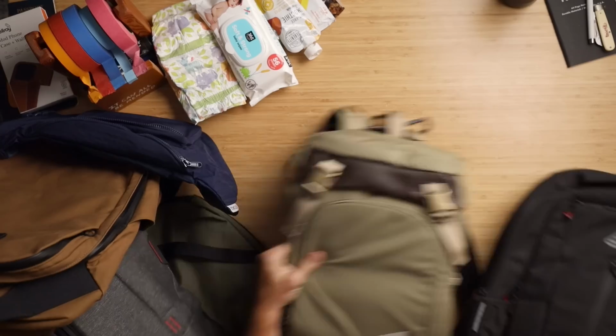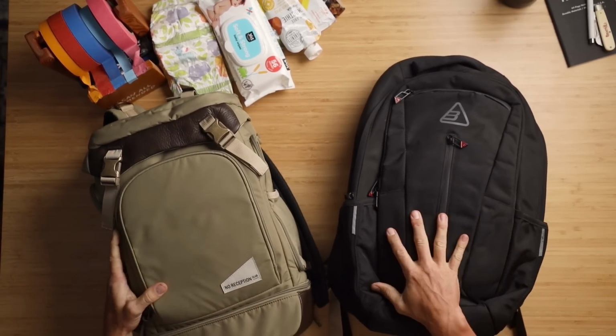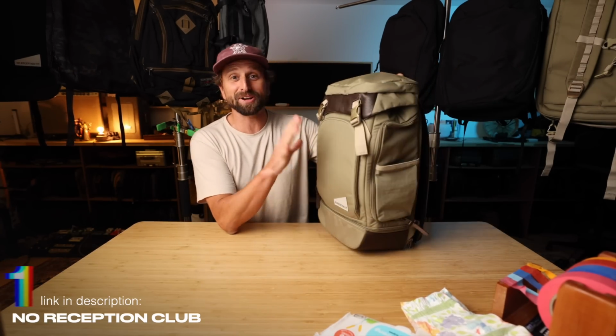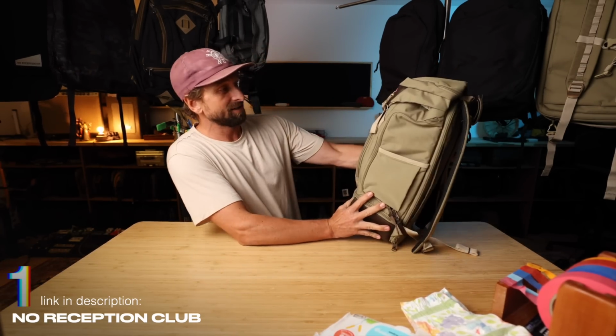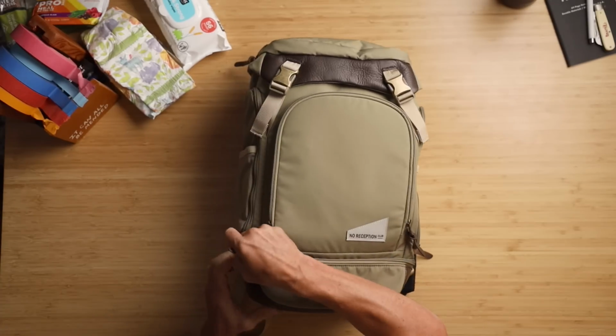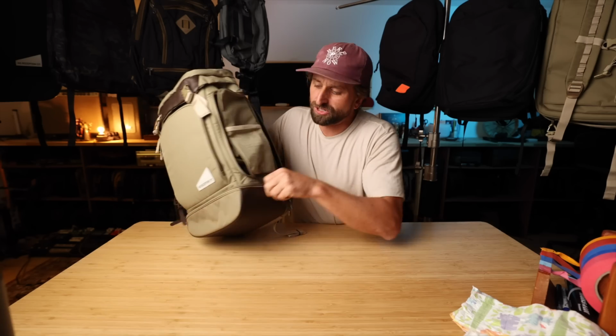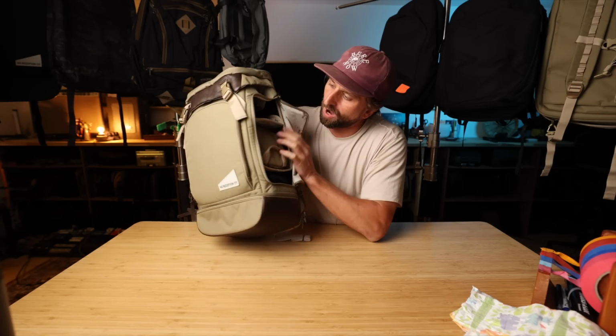Let's get into it. First of all, these two are designed just for parents. Let's start with this one, which I gotta be honest, I actually really dig the look of. No Reception Club. They're making this very highly organized bag that has many features like this waterproof pocket down in here. This is where I'm gonna put those clothes that have baby shit on them. The huge insight on this bag is number one, you have